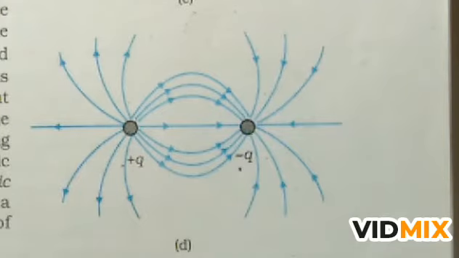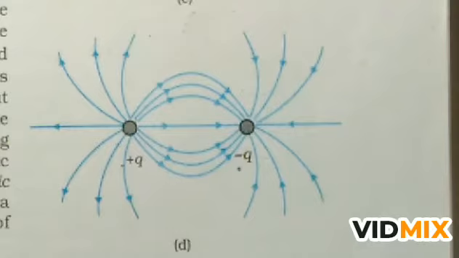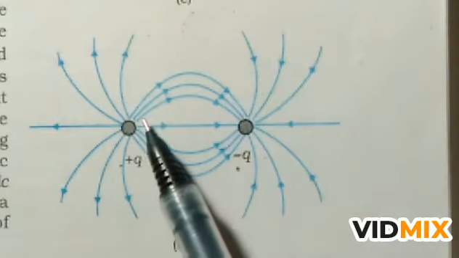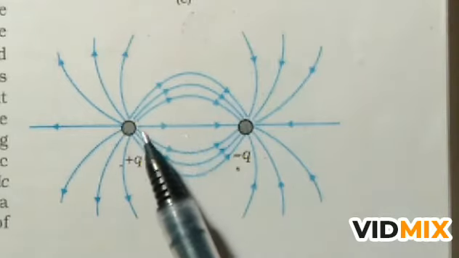The third is that two field lines can never cross each other, and if they did, the field at the point of intersection would not have a unique direction. Where two field lines cut, it would mean two directions, which is not possible. The fourth is that electrostatic field lines do not form any closed loop, as in the case of the magnetic field you learned in class 10th. Here no closed loop is formed by electrostatic field lines, and the electric field starts from positive and ends towards negative.